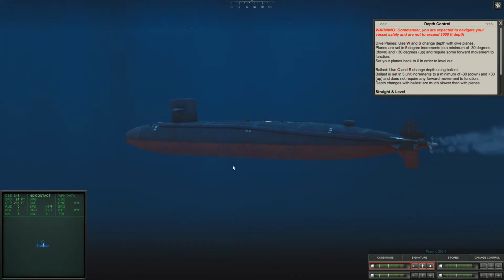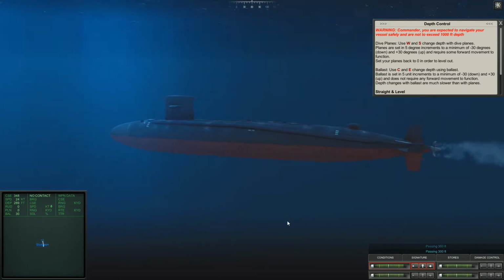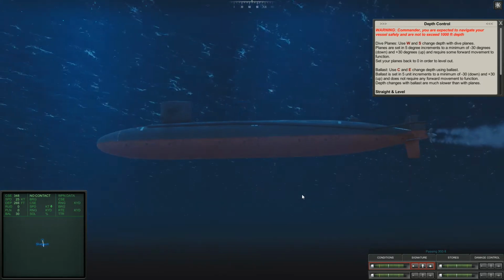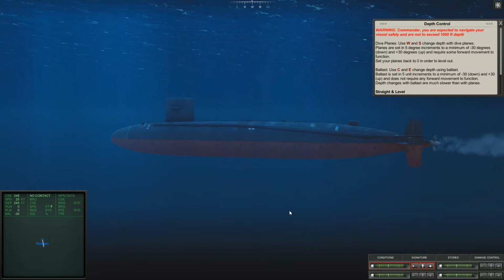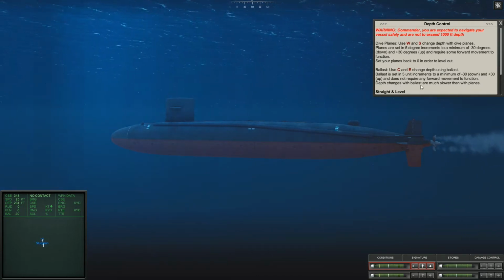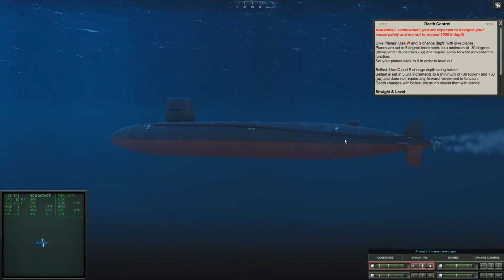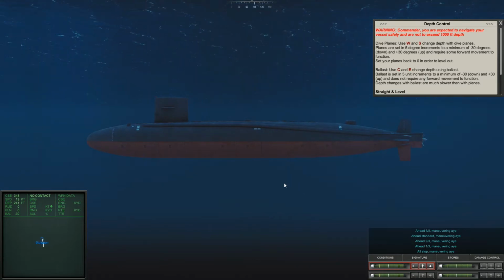Interesting. So let's have a little look. So I've got E on as ballast, so we should be rising if we look down here. Let's stick it on ballast 30. You can see I'm actually rising there at a little angle. Well, it should be rising. Is that? Oh, let's try the negative then. Weird. Well, let's stop. It doesn't appear to be altering my